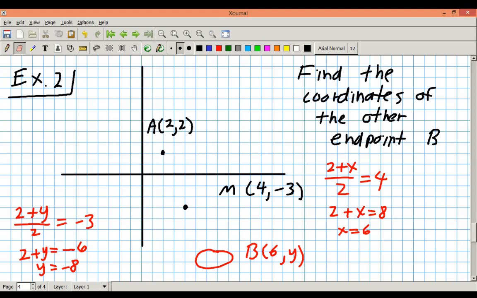So now we have the coordinates of point B, the other endpoint of the line segment: 6, -8. And we can go ahead and plot that. So let's see where that is. 6, -8, so 4, 5, 6. 1, 2, 3, 4, 5, 6, 7, 8 right here. So there's your line segment